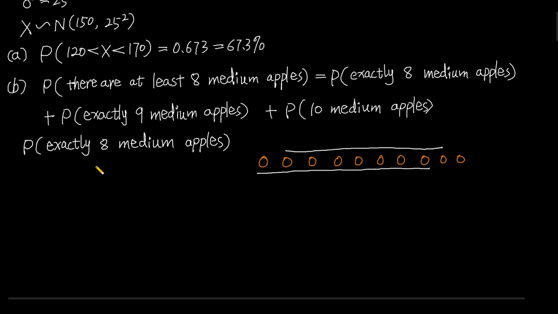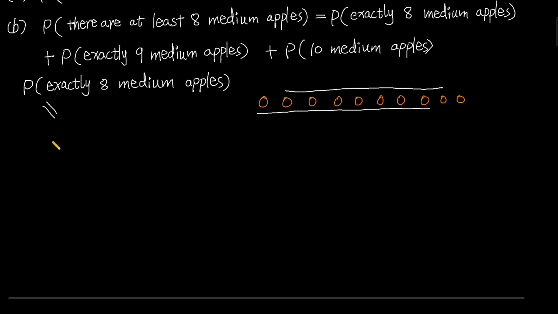So the total cases, let's recall the knowledge of combination. The total cases are 10 choose 8. This is the total ways of choosing 8 items from 10 apples. For each case, the probability is the probability that X is bigger than 120 and smaller than 170. This is the probability that the apple is medium, and there are 8 medium apples, so this is to the